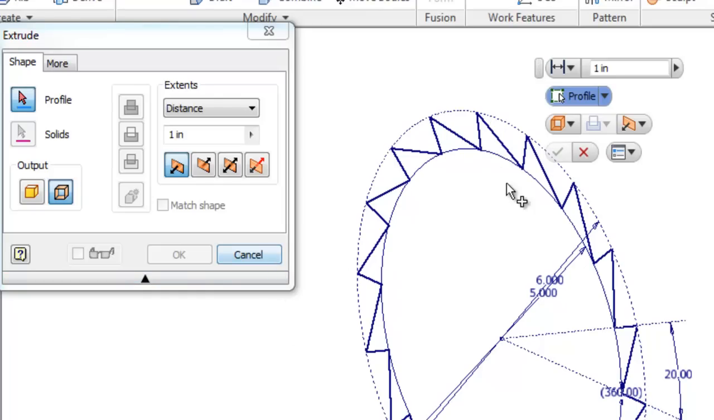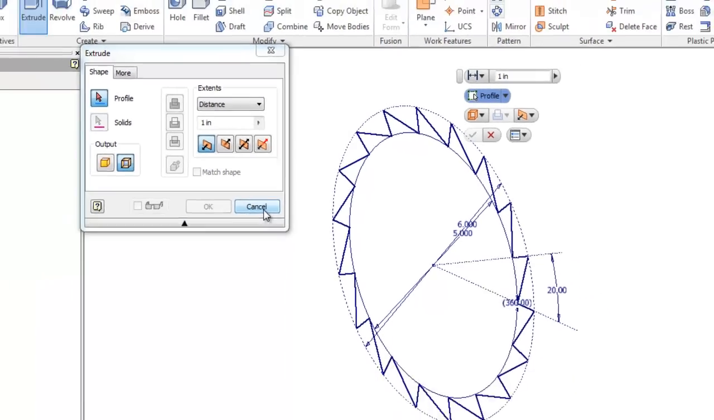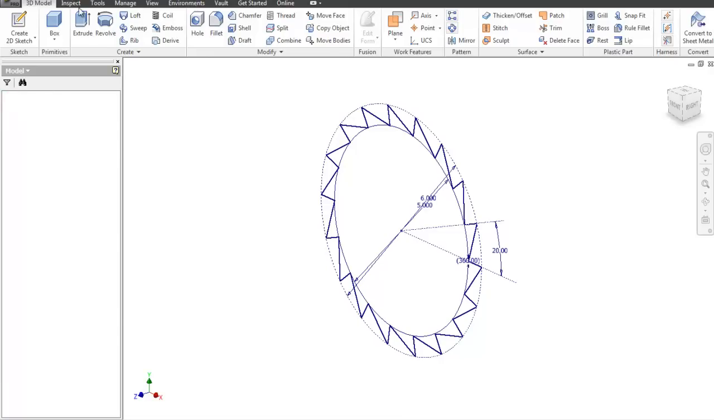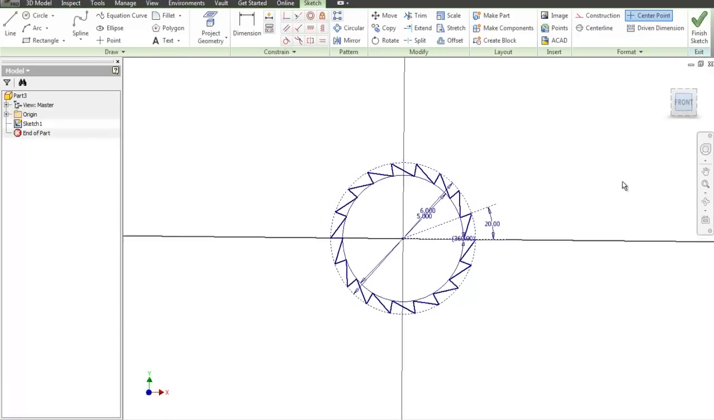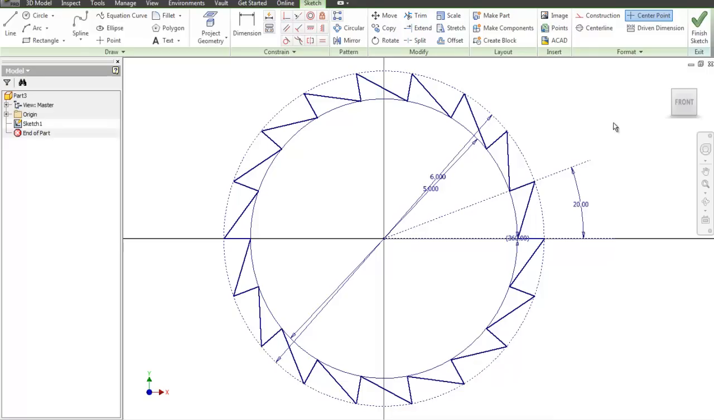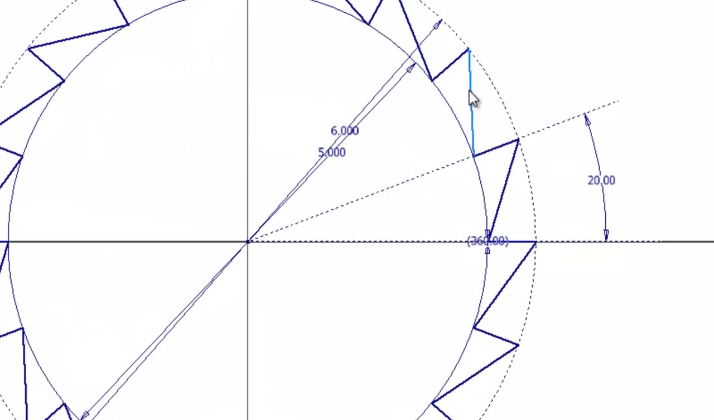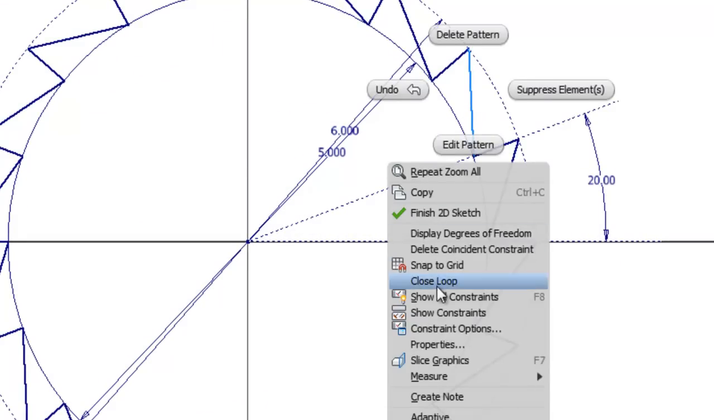What we need to do is actually close the loop, because anytime we're doing a circular pattern, sometimes the points may not be, it might be 10,000ths of an inch difference. But what we want to do is go ahead and close those points. Okay, so let me hit cancel, and I'm going to go back to the 2D sketch. If we zoom in on there, I'm just going to choose one of the slanted lines. I'm going to right click on it. If you look right in the middle, you'll see this thing that says close loop. I'm going to select that,